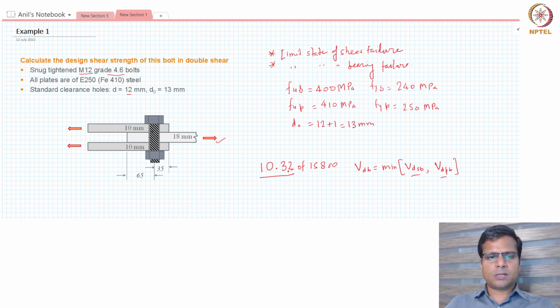So as we have discussed before, in this kind of a joint, you might notice that there are two shear planes. One shear plane exists here, the other shear plane exists here, right? And each shear plane will be resisting half of the total force. So if the total force is T here, each shear plane will be resisting T divided by 2 force. Okay. So if I want to calculate the total shear strength of the bolt, total shear strength of the bolt will be equal to,